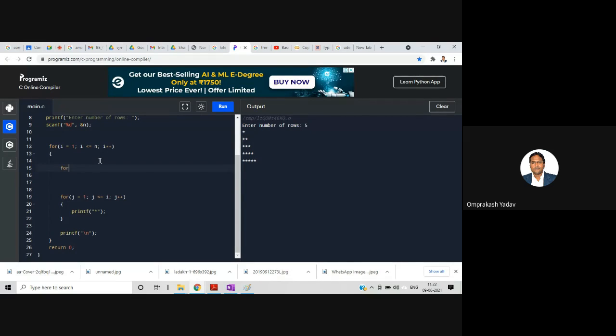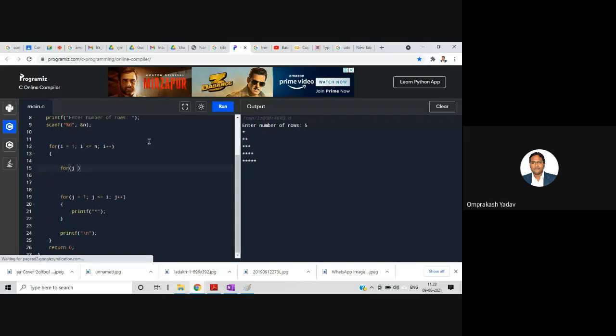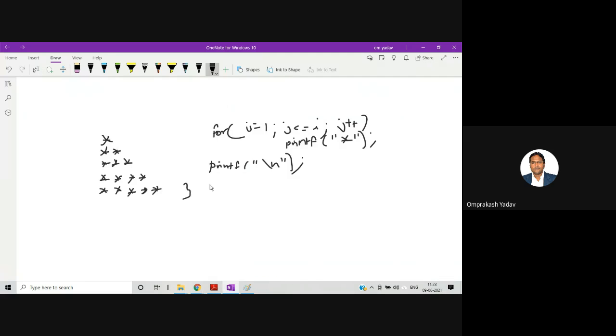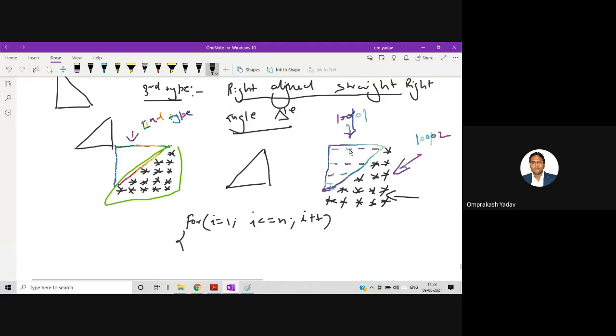For, so how many stars do we want? I mean, how many spaces do we want?